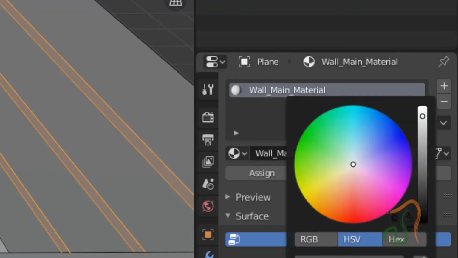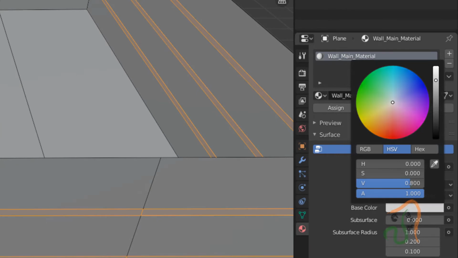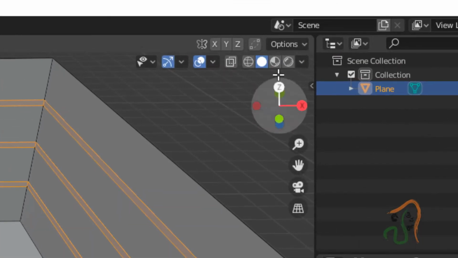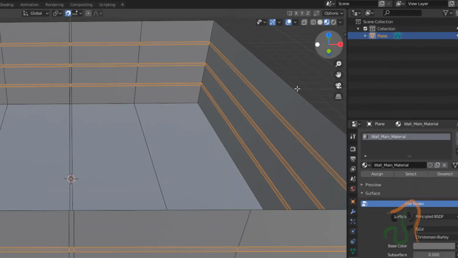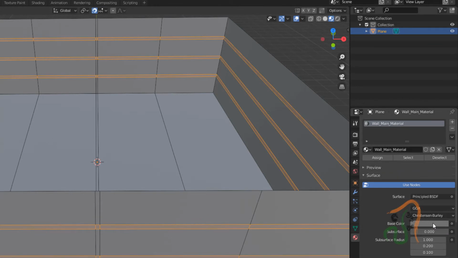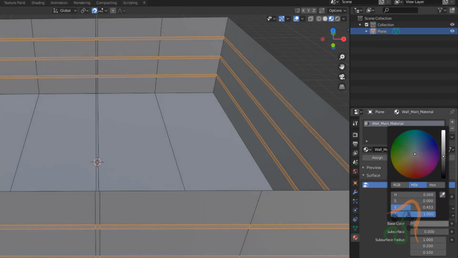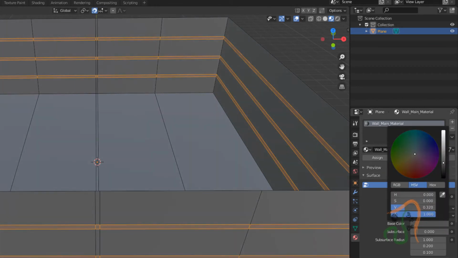And let us add some slight grayish tint color for this. So this is the base color. If you come to the shading view here, you can see the color. So slightly grayish, let it be slightly grayish.